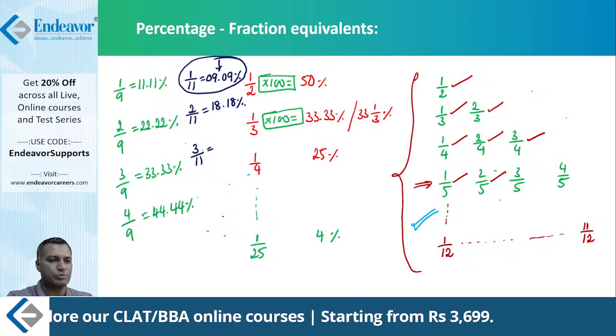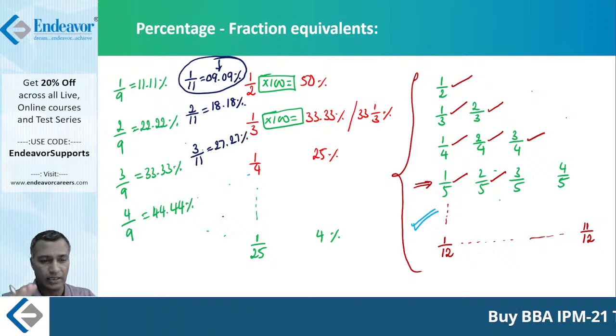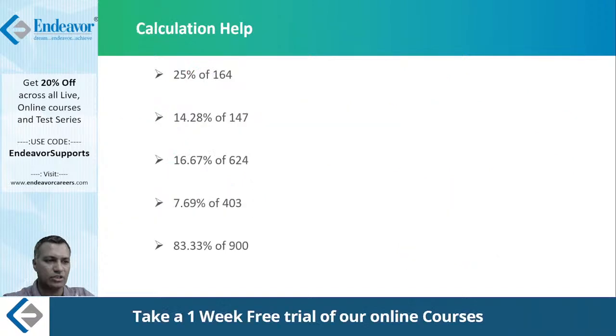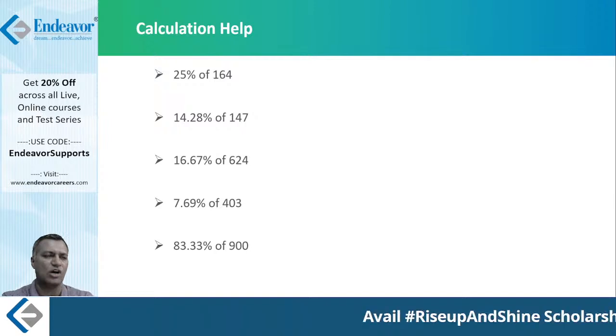So all said and done, the bottom line, whichever way you want to remember really doesn't matter, but knowing this particular chart is paramount. If you know it this way till 1 by 12, and then this vertical strip up to 1 by 25, it would definitely do loads of good for you. All right, let's go further. So these are the must know factors. What I did is a must know factor just to illustrate how it really helps.